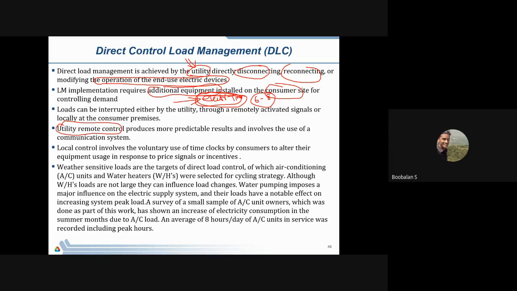So if your field is somewhere 50 kilometers away from your home, you are able to turn on your electrical pump through your mobile phone using the internet. There is one more IoT device physically available at my field side, at my irrigation side. We are able to send a command signal from your mobile phone through internet connectivity, and there is one more IoT device connected at my field side. It will receive that command and it will activate your pump, right?